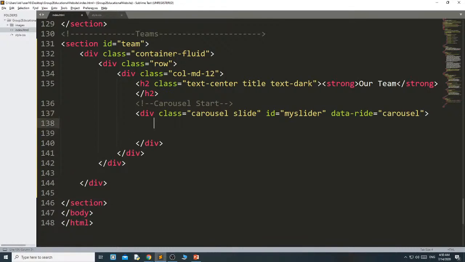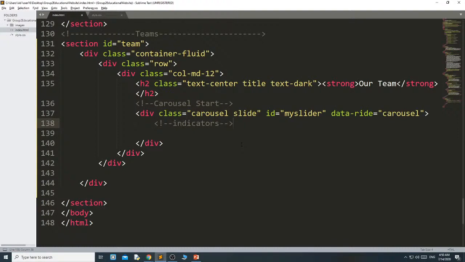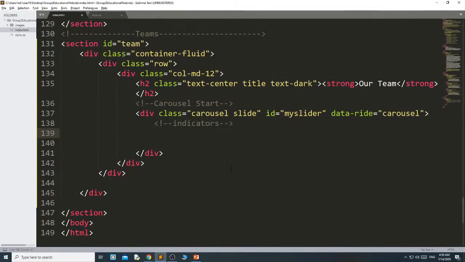Then the second one is we have to specify the indicators. What are the indicators? These are the indicators. These three are the indicators. Now your indicator is a list. That's why here I am using an ordered list. Then your list class will be carousel-indicators.